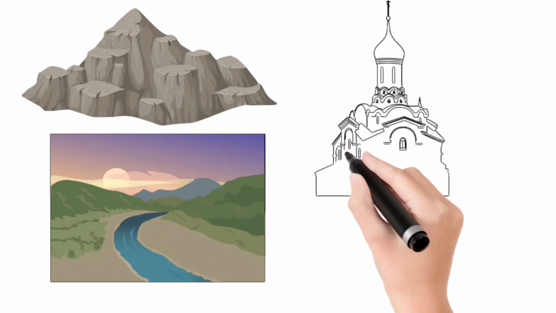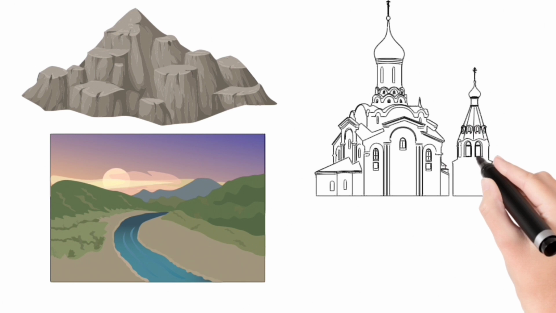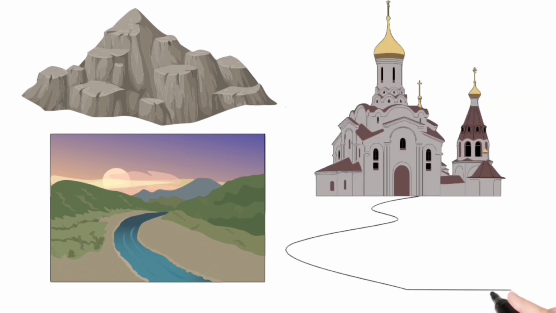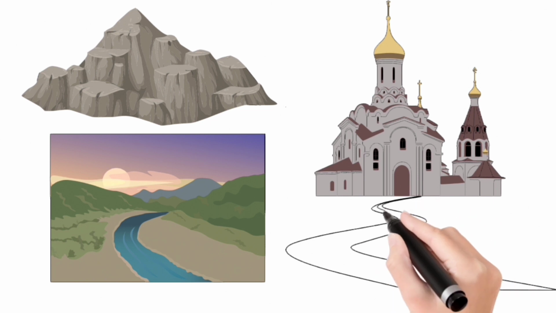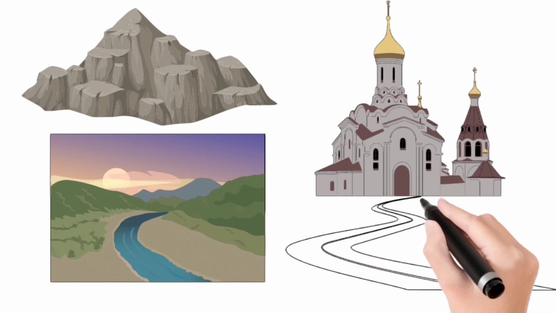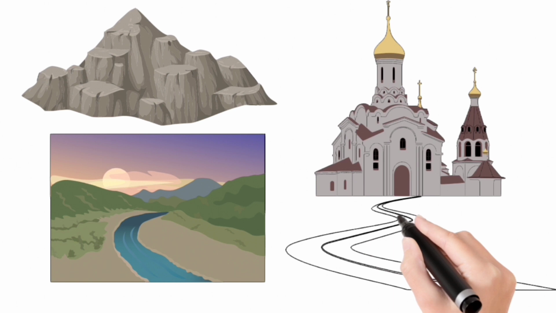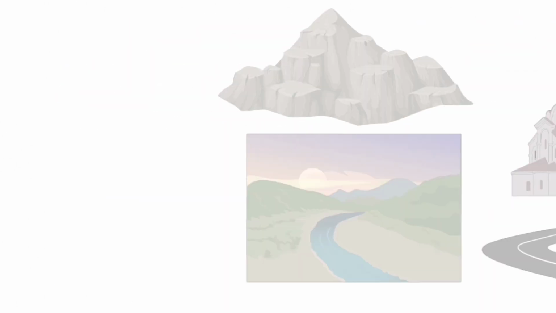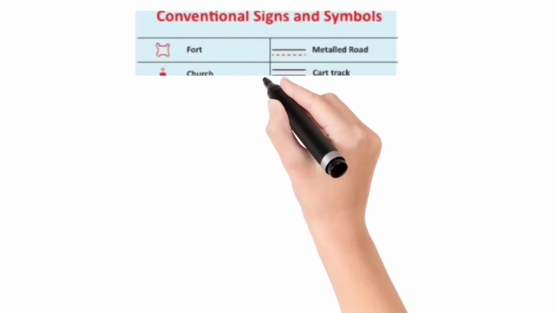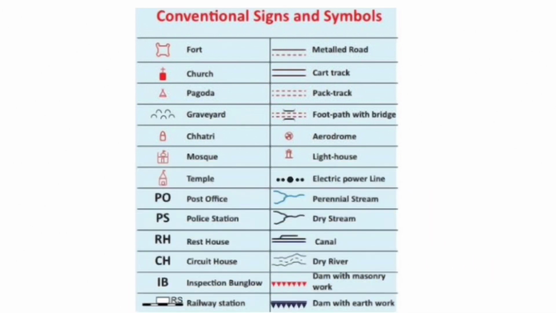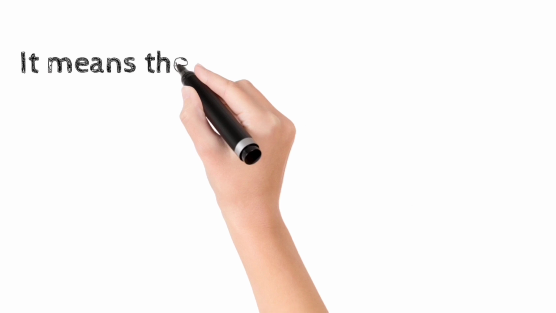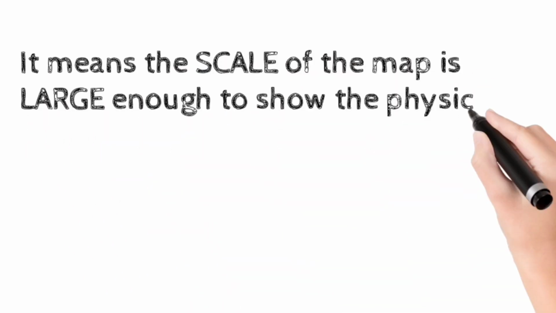The sole purpose of topographical map is to present a picture of the land as it exists during the survey. For this purpose, conventional signs and symbols are used which give plenty of information in a small space. These are standardized signs and symbols which are used throughout the world. Here is such a list, which is called map key or legend because it tells the story of the map.